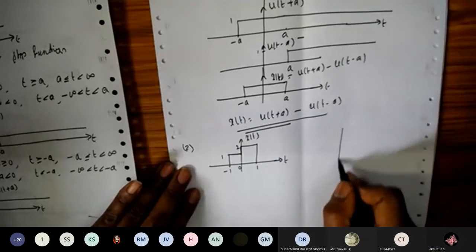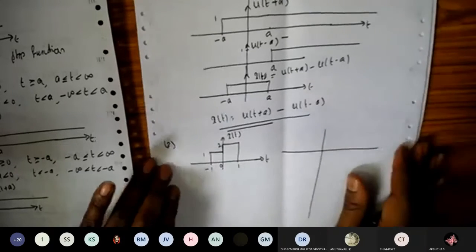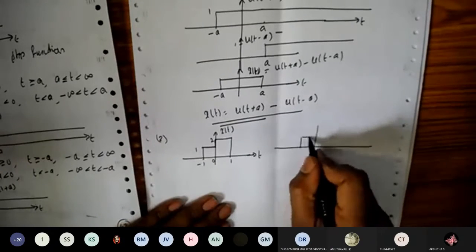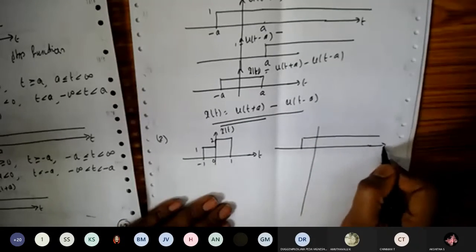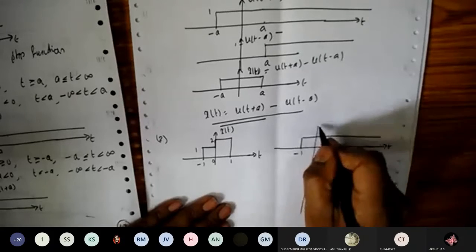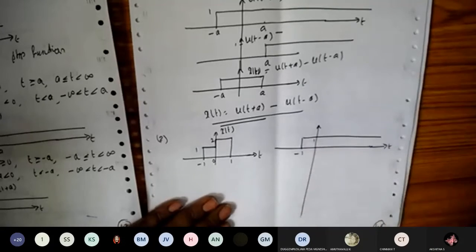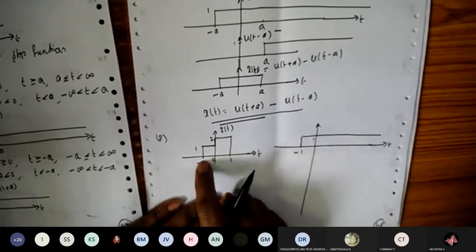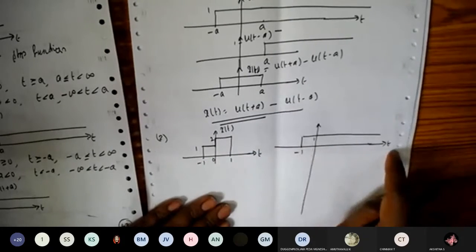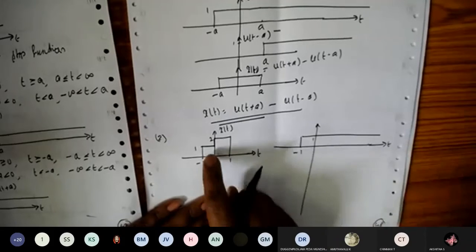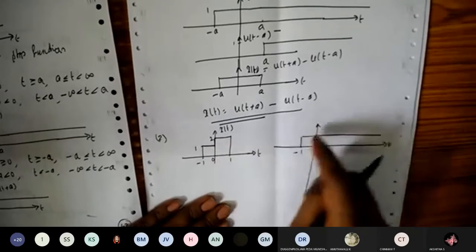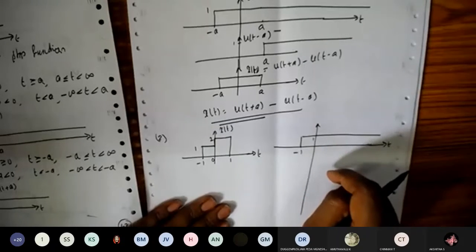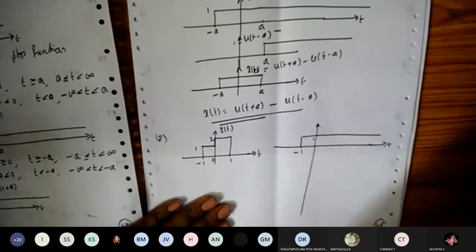So I'm going to plot the waveform first. Later, let us define the mathematical expression. So I want one waveform starting from -1. It will extend till infinity because this is a unit step function, with the value 1. So we have defined one waveform which starts from -1 and extends till infinity. Next, from 0 to 1 onwards, I need to increase the amplitude by 1. So we need to perform the addition of the signals here.